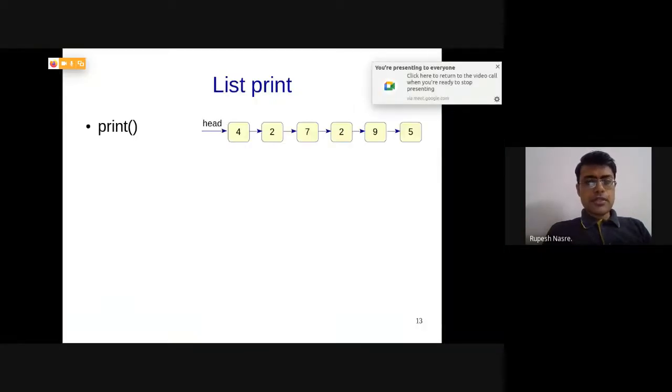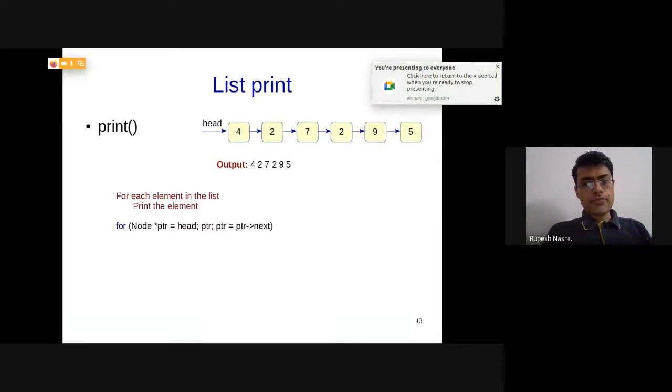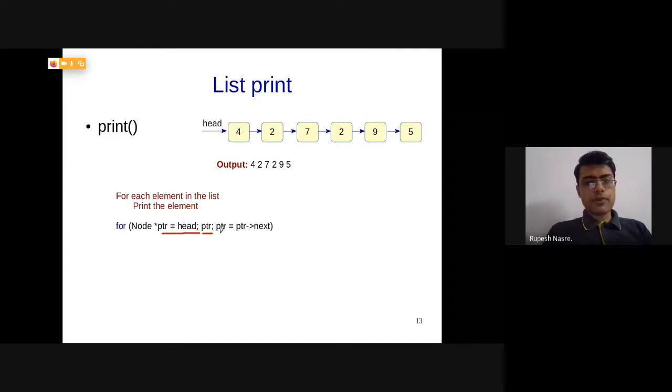So essentially, the output should be this. For each element in the list, we would like to print the element. Even if we have PTR, just have the for loop, and we don't have any special treatment to head being null, this code will still work. PTR equal to head, while PTR not equal to null, PTR equal to PTR arrow next. If the list is empty, then this loop does not execute any iterations. As soon as the condition PTR not equal to null is checked, it becomes false, and therefore we come out of the loop. At this stage, we can print using PTR.